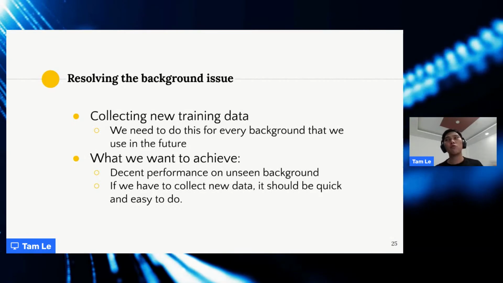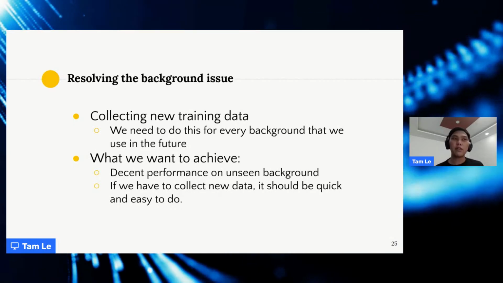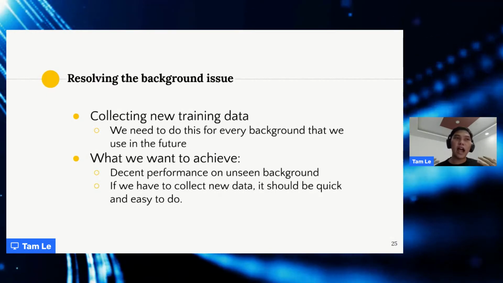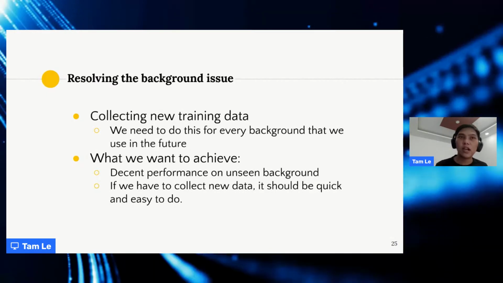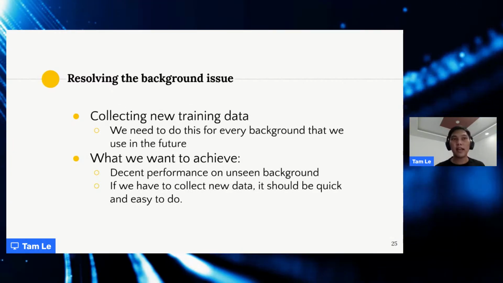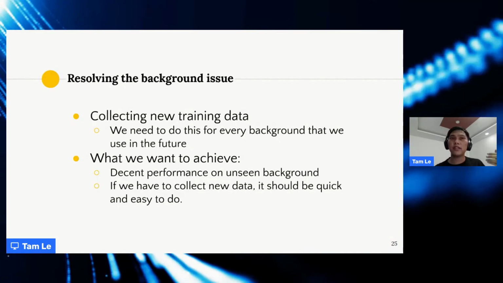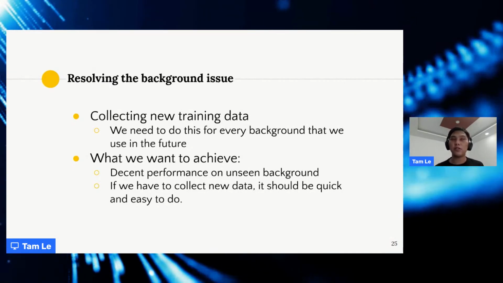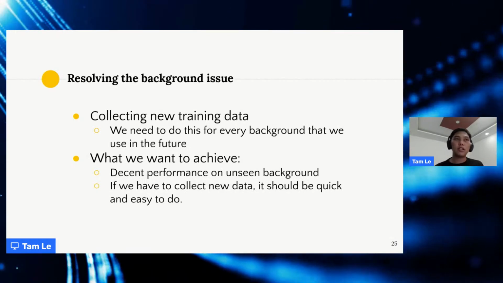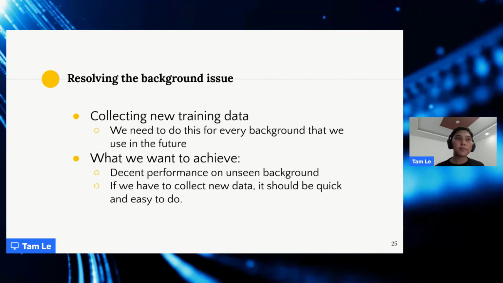But this is not what we want to achieve. Instead, we want the model to have not very high performance, but a decent performance on unseen backgrounds. And if we have to collect new data, it should be very quick and easy to do, instead of having to do all the data collection all over again.